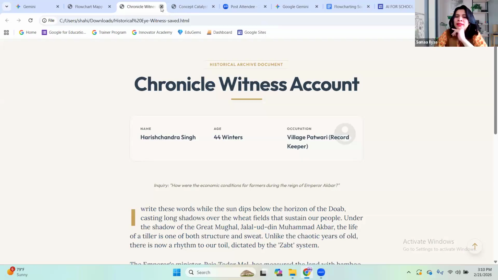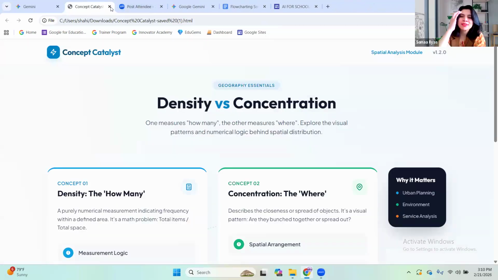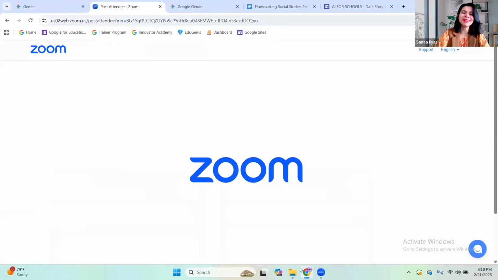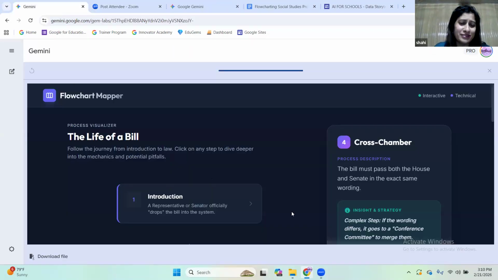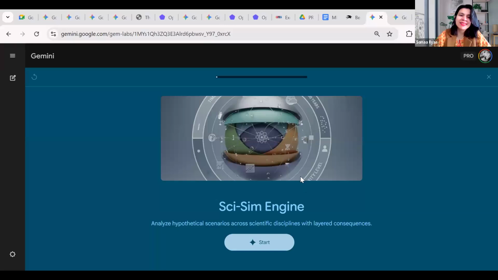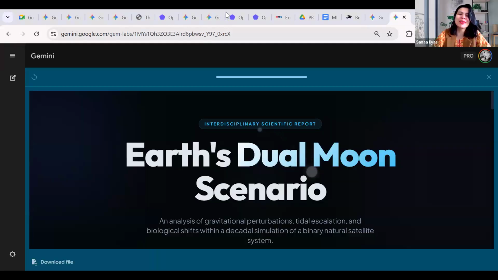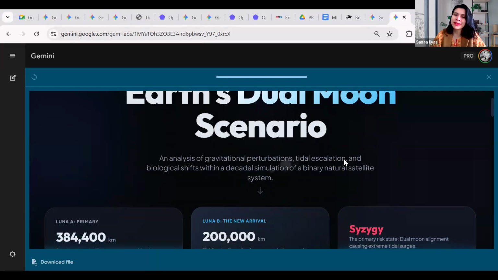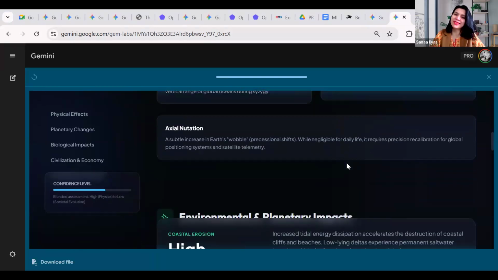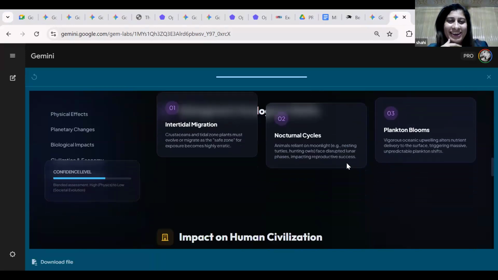One of our participants, Abdullah, has created their own mini app. Oh, show us, yes, please. Okay, I'm going to show. I have opened it up at my end. Yeah, this is what they created. Oh, nice. They also asked the question, what if Earth had two moons? So this is the result that we have gotten. Oh, lovely. This is for school.